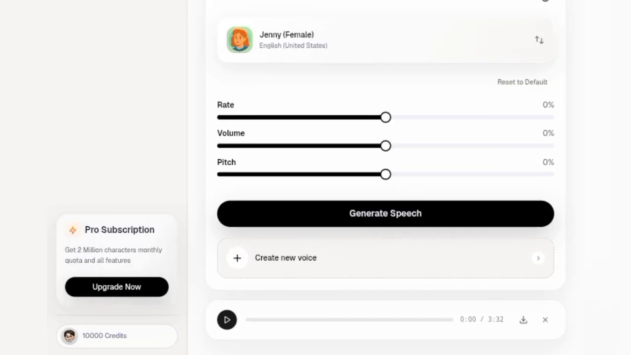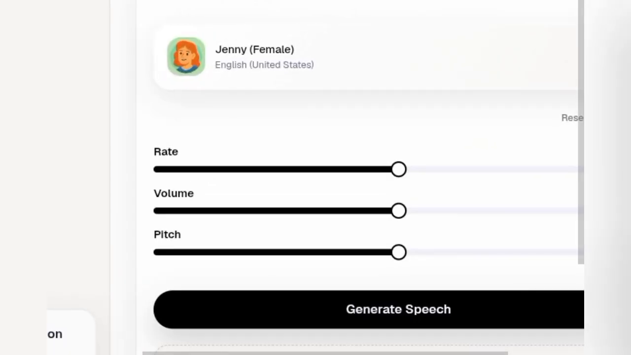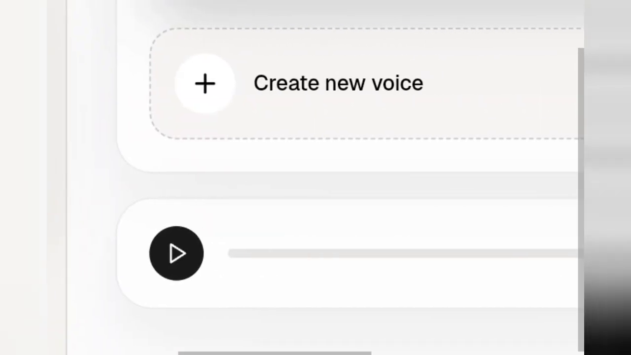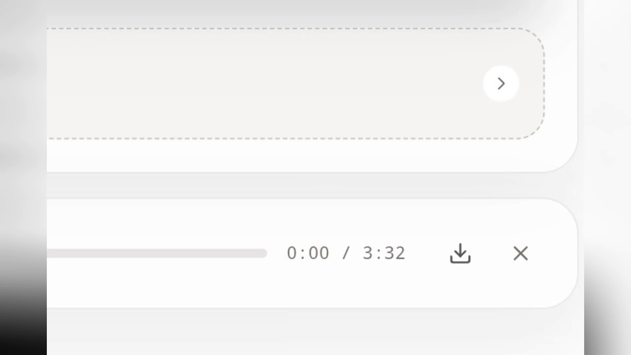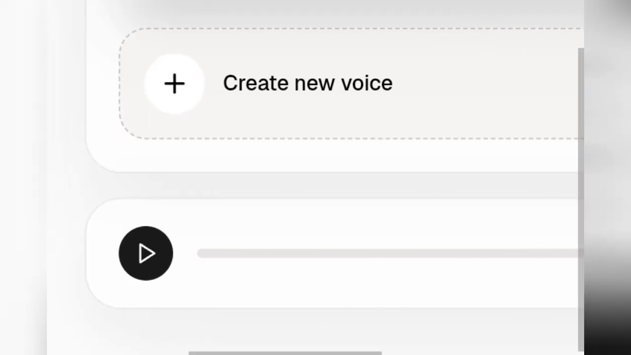Once it's done generating, you will see the amount of minutes down here, right? Let me increase this so that we can see it clearly. It will show you the amount of minutes that has been generated. Now, if you want to play it to hear what it's like,